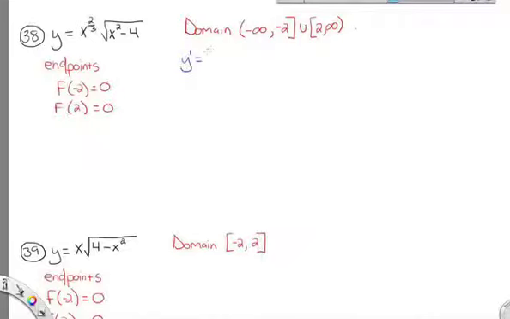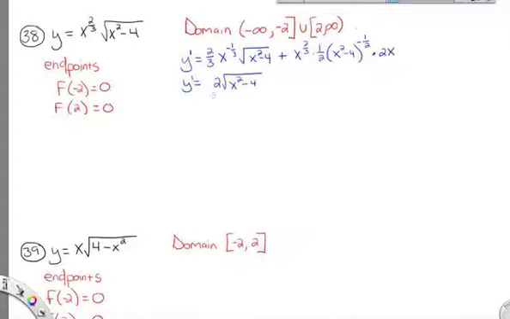And I get 2/3 x to the negative 1/3 times the square root of x squared minus 4 plus x to the 2/3 times a half x squared minus 4 to the negative 1/2 times 2x. So I have some cleaning to do. Okay, 2 terms. That's in the numerator, 2's in the numerator, so I have 2 square root of x squared minus 4. And the denominator, I have a 3x to the 1/3